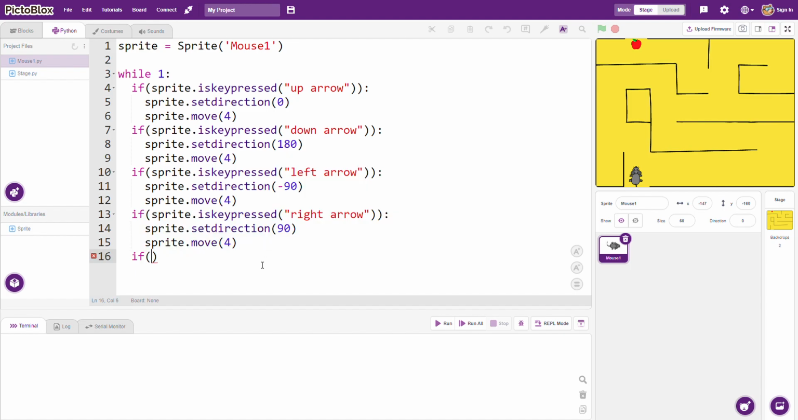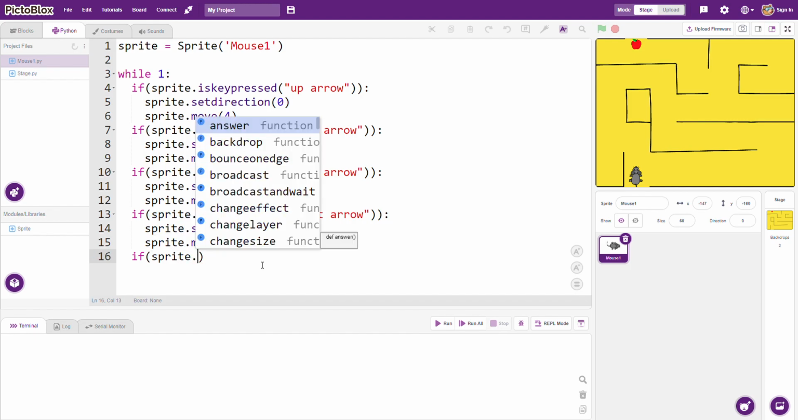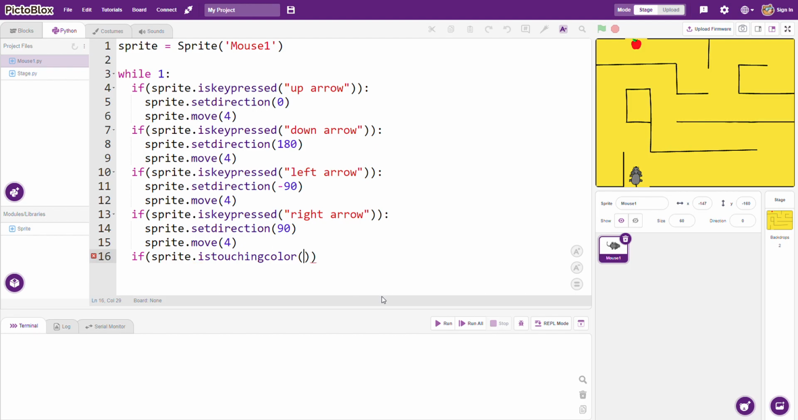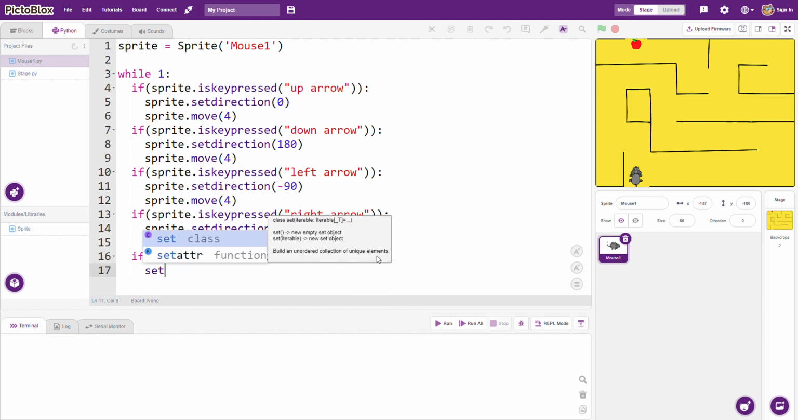yes, sprite dot is touching color. So here we have to give the RGB coordinates of the color. Here the color is black, so the RGB coordinates for black are 0 comma 0 comma 0. So you have to end with the colon. Now set a direction,